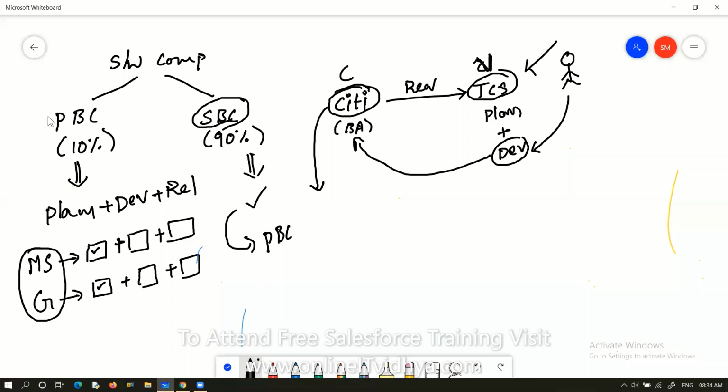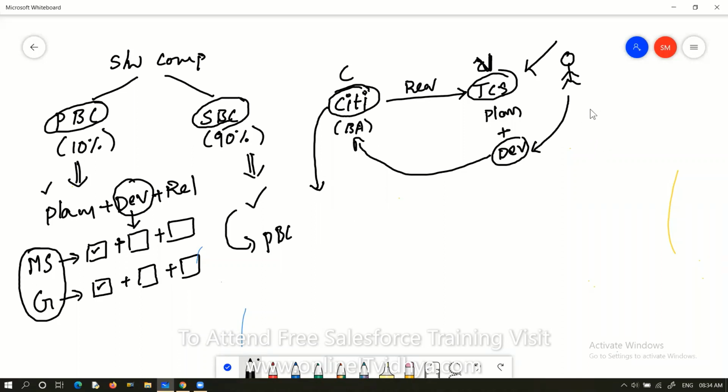In both product-based and service-based companies, the software developer's responsibility is to develop the software. But who is going to plan, and who is going to test? Generally in a software company, we have different departments.